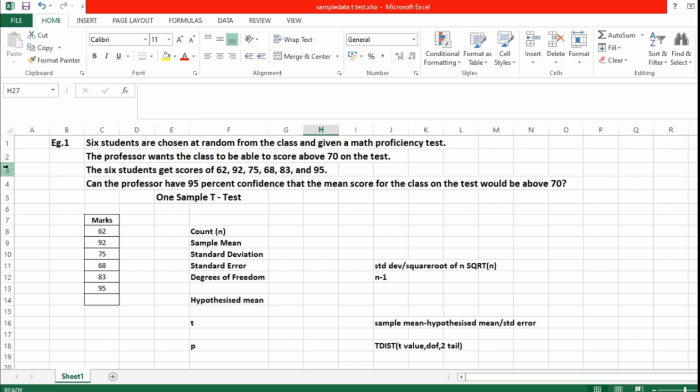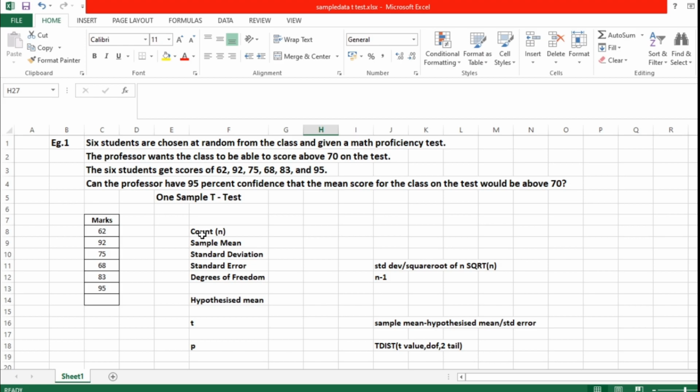So for hypothesis testing, first we will calculate the following items and then we'll go for hypothesis testing. After completing this manual procedure, I will explain how to calculate with the help of the data analysis tool. There we are going to cheat the Excel and then we are going to find out. Okay, so for a one sample t-test, what else are we going to find out as per the procedure?